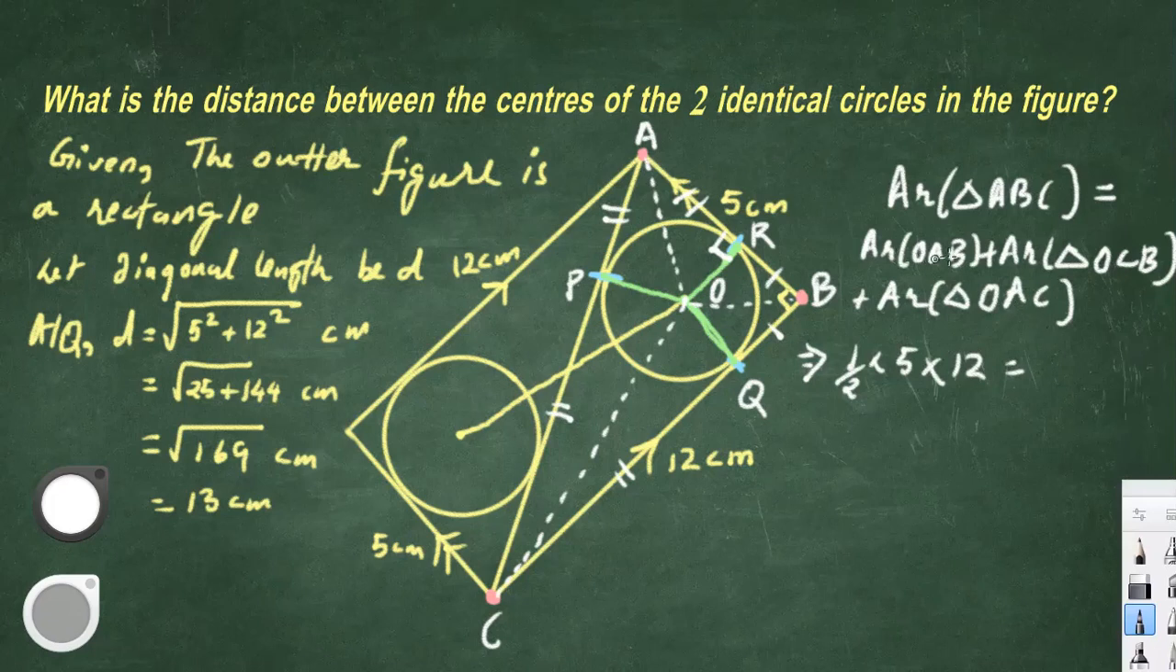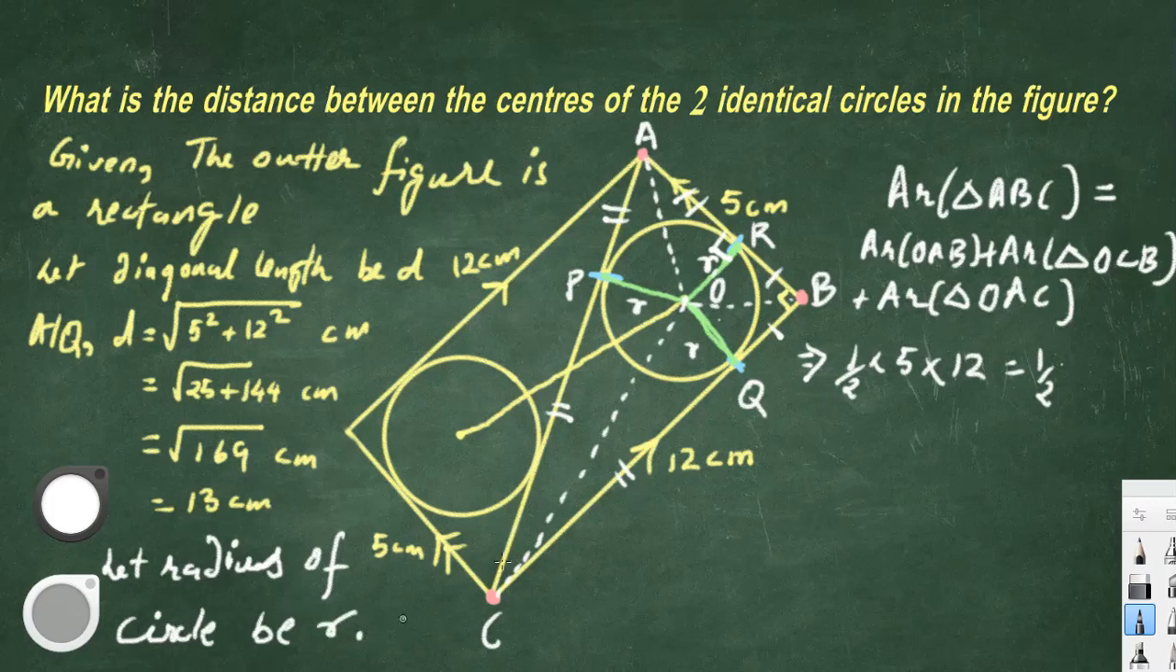Now area of OAB is going to be half into, now OR, OQ and OP, these are all radii, right? Let the radius of the circle be R. So therefore I can write it's half into R into AB, and AB is 5 centimeters, plus, now area of triangle OCB, that's going to be,